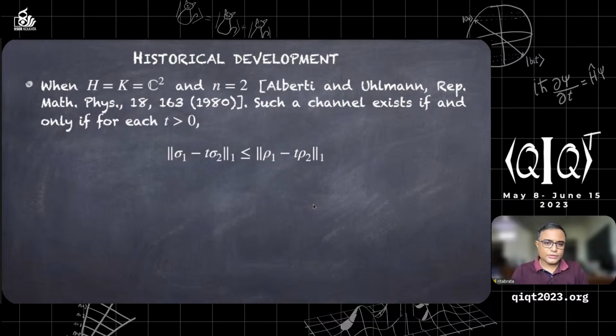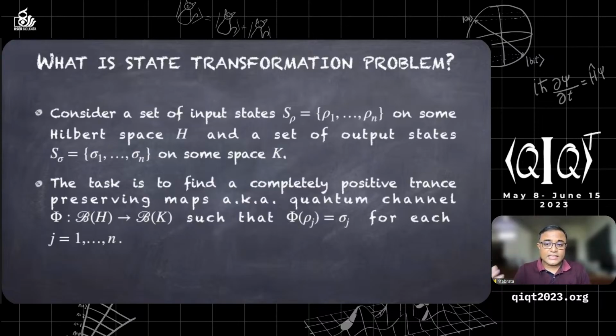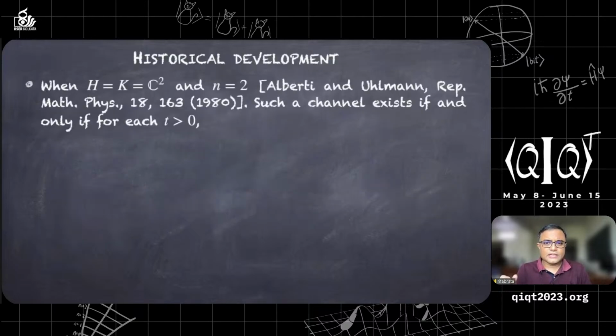But here we are doing quantum mechanics, so I can ask whether that transformation can be done by using a quantum channel. Whether there exists a quantum channel phi such that phi of rho j is equal to sigma j for each j. So this problem was initially thought by,